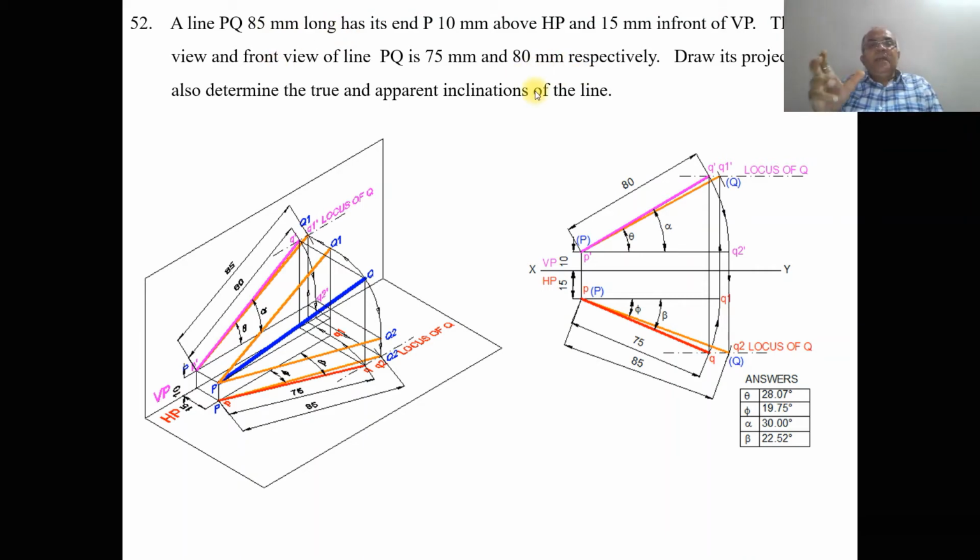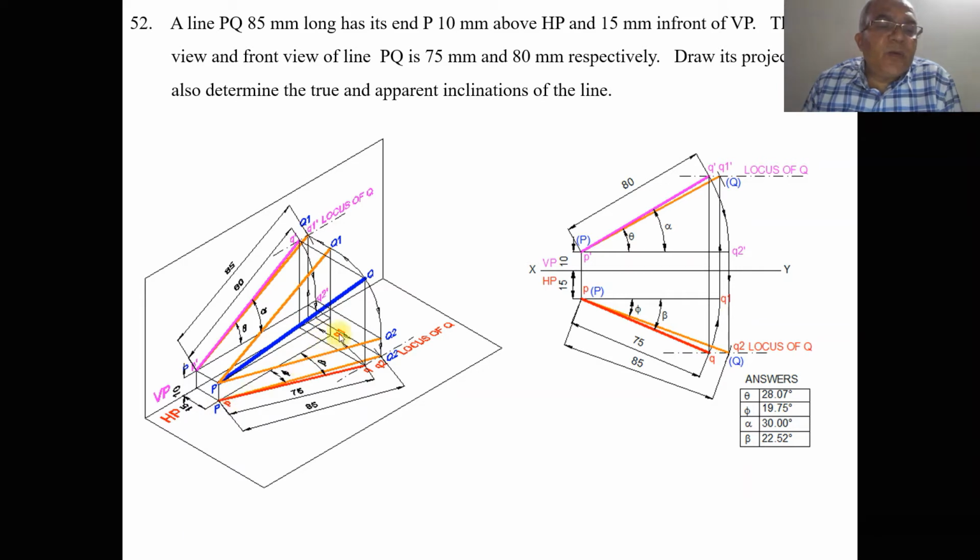That means if I make the top view line, which is 75, parallel to XY, then we will get the true length in the front view. Now if you see here, the top view line pq, which is 75, we have made parallel to XY. So P is in front of VP by 15 mm and Q1 is also in front of VP by 15 mm.